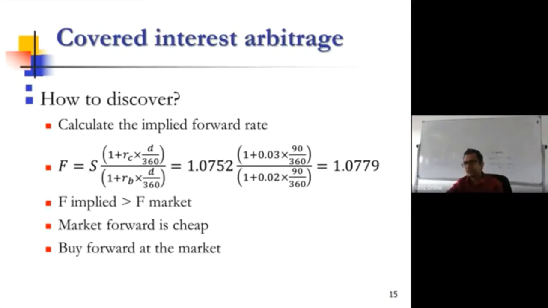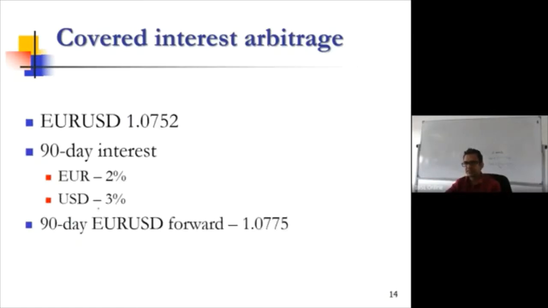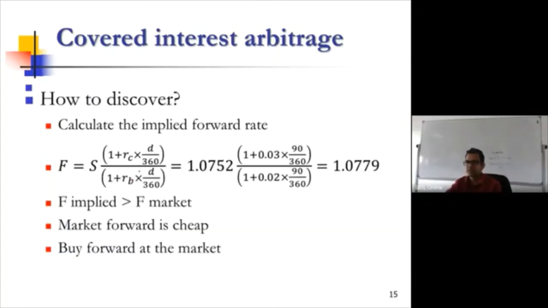So if you use these figures, say 3% on dollars, 2% on euro, and 90 days, with the 360-day count convention. Remember, in this euro-dollar pair, dollar is the counter currency, so that's why the dollar interest rate is at the top, and the euro interest rate at the bottom, in the denominator. So this is the implied